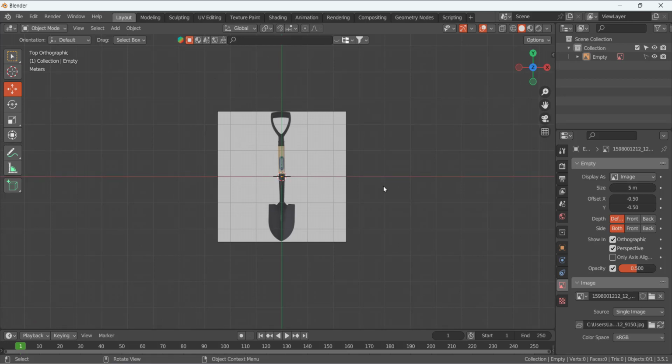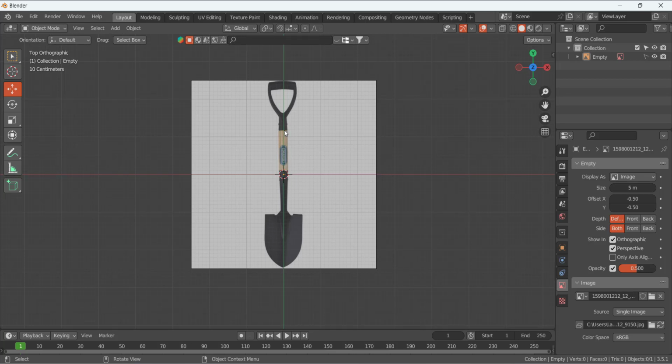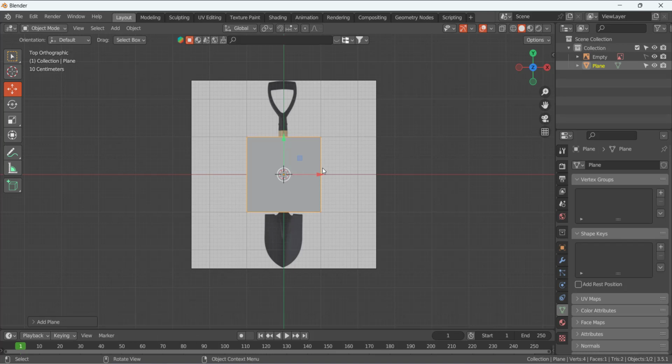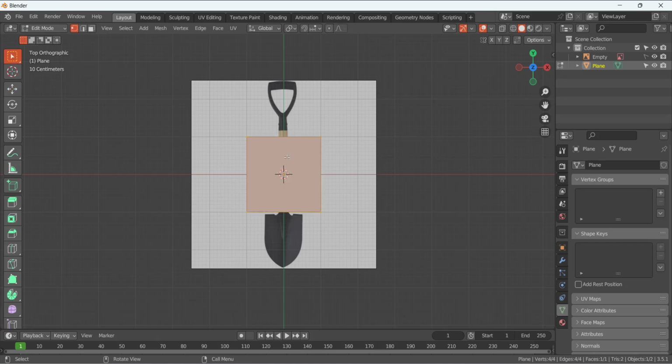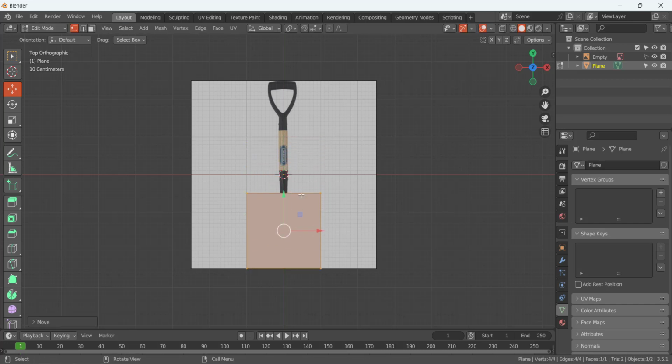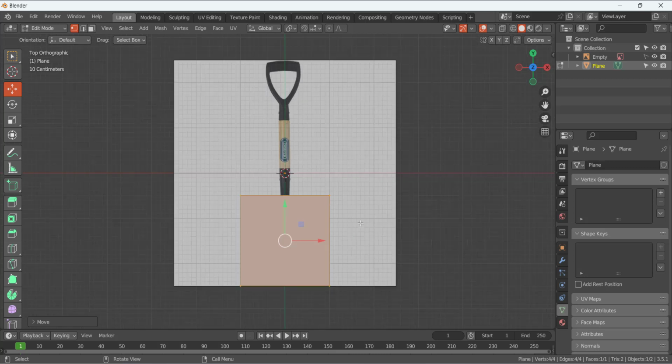We are going to use the simple, basic tools of Blender to design this shovel, but the main practice you will do is for the topology, how to manage a good topology and create this shovel. So Shift A, and we are going to add a plane and press Tab to go to edit mode. Okay, now we are in edit mode and press 1, so you are in the vertex selection mode. Here I am going to select this one, move tool. We will use mostly this move and the extrude and some modifiers to design this shovel, but the basic thing is